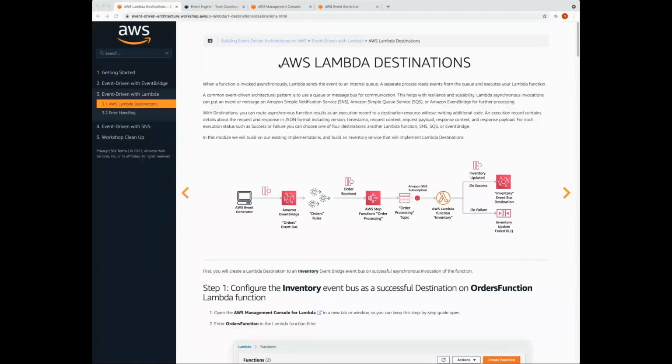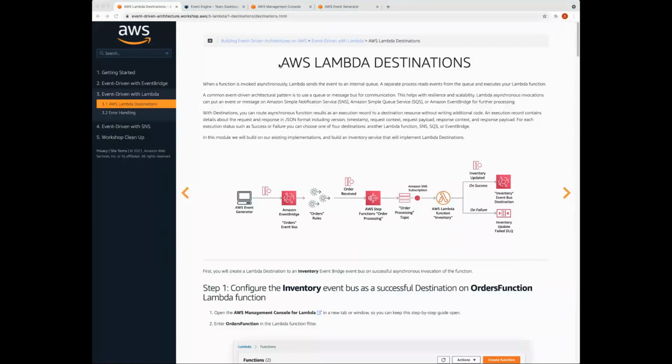This is great because you're capturing the entire context of the function execution. You can capture the request, the event that came in, the response that was output by the function, and some other metadata such as the timestamp and the request context, that kind of thing, right?